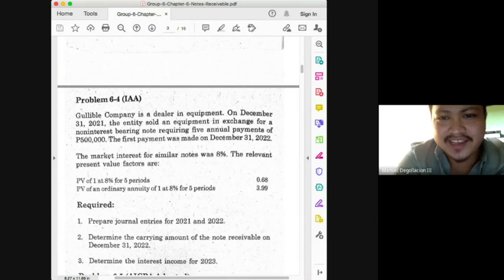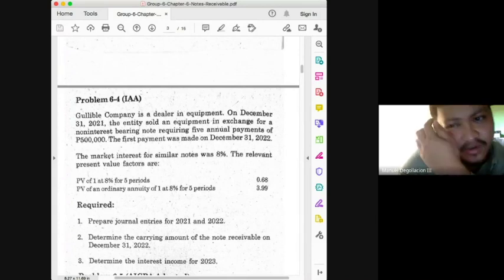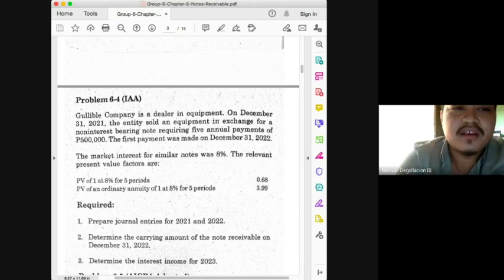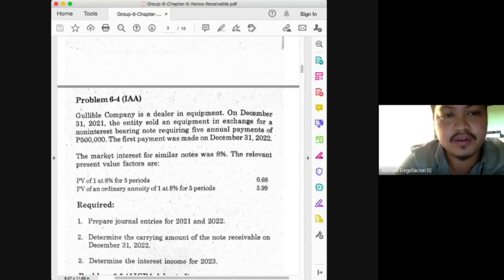Let's proceed to the second year. What will happen in the second year? On December 31, 2022, we'll receive payment. And again, the entry to recognize payment should be very simple. It would be debit cash, obviously, because we'll receive payment, and credit notes receivable in the amount of 500,000. And the second entry that we'll have to prepare would be to recognize now the earned portion of the